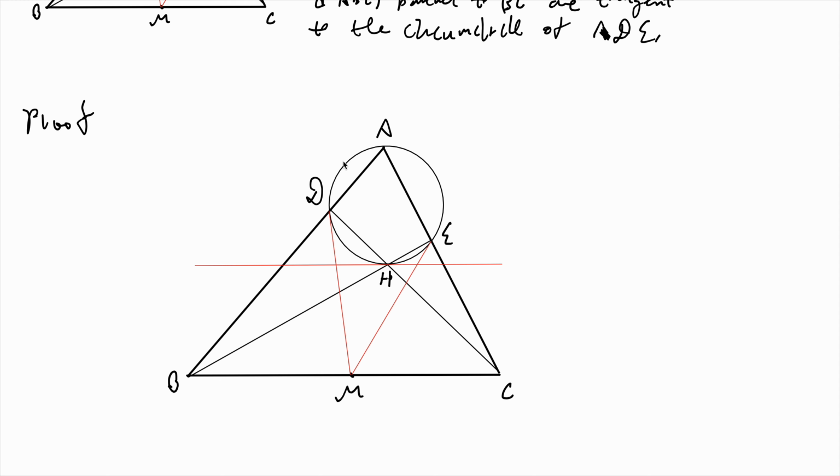Let's first chase some of our angles. So we know that this is 90 degrees. This is 90 degrees. That means quadrilateral ADHE is cyclic, meaning H is on the circumcircle of ADE. So that's what we know. Then the next thing that we can know is